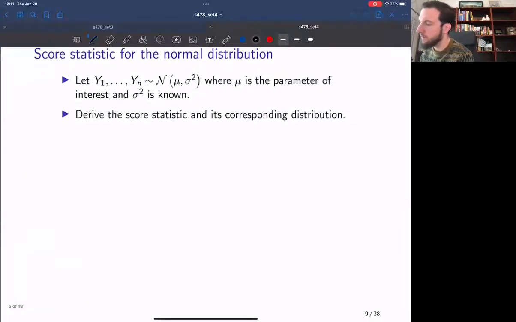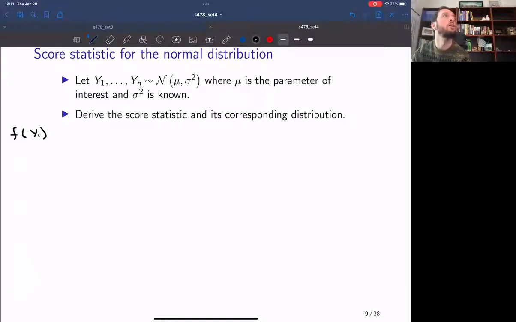All right, so let's look at an illustration. We're going to derive the score statistic in the case of a normal distribution and the corresponding distribution of the score statistic. Okay, so we have y1 through yn. Mu is the parameter of interest. Sigma squared is unknown. All right, so this means that